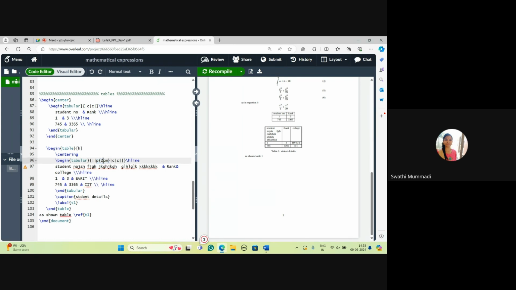Instead of 2 centimeters, you can give 5 centimeters, 10 centimeters, or anything. 1 centimeter, 0.5 centimeter, anything you can give. Or you can also use inches. So this is for spacing the tables, and you can use C for center alignment, or else this